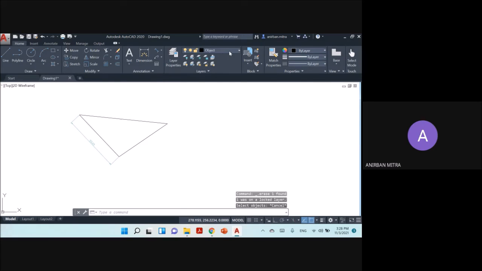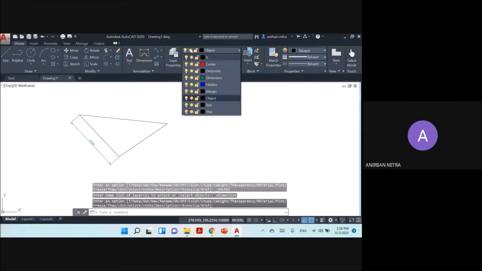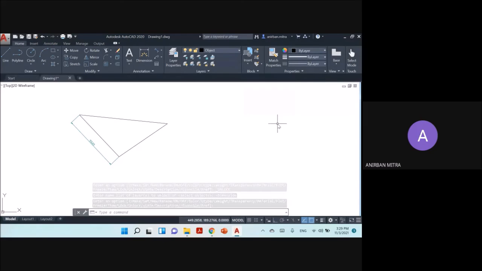Let me just change it back. You can change it back from here, lock or unlock a layer. So if you click that, that will become unlocked. So that is all about different kinds of layers, how you can create them, how you can change their properties, and how you handle locking, unlocking, switching on or switching off a layer.